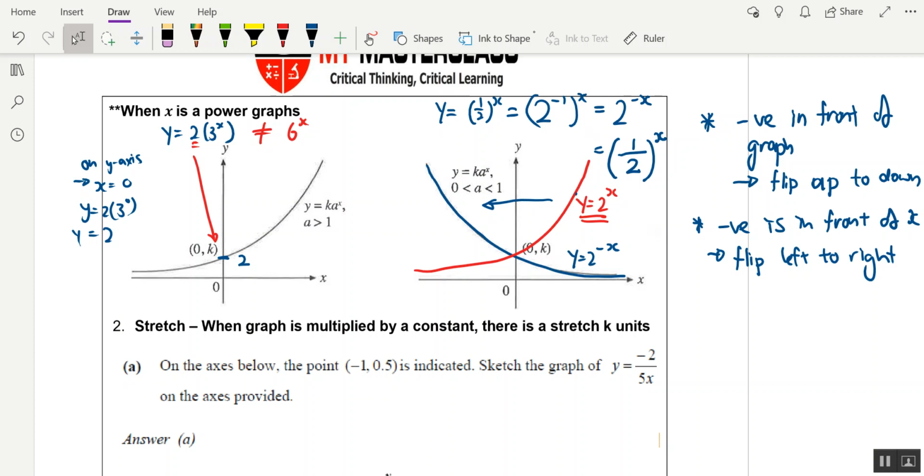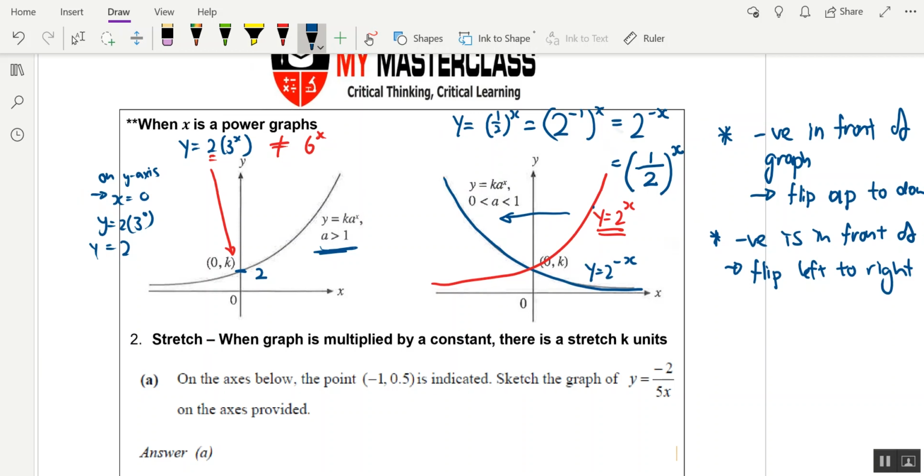Okay, so if you're still confused about when to use the aeroplane going upwards or coming downwards, number one, a normal graph that has a to the power x, where a is greater than 1, anything inside that is greater than 1, is an aeroplane taking off upwards. If it's smaller than 1, a fraction between 0 and 1, then the aeroplane is landing. Okay, and how to find the y-intercept? Always just sub in x equals 0, and that would be